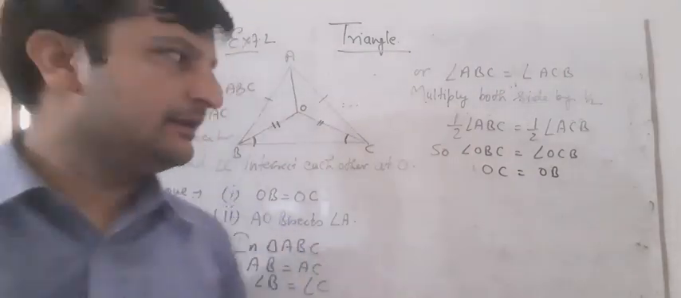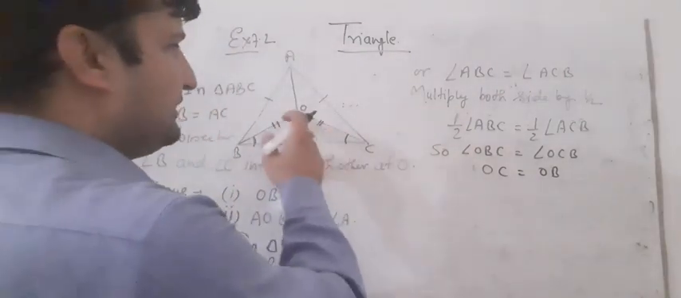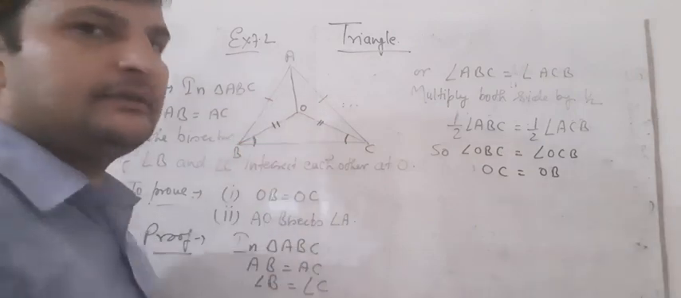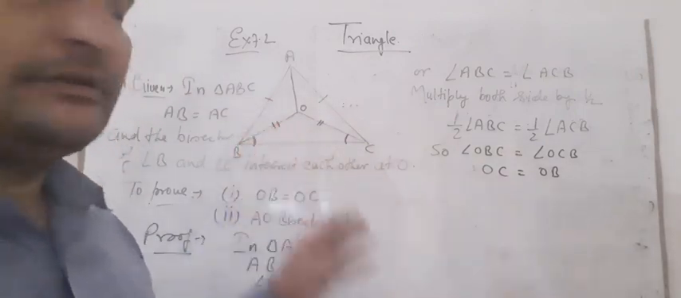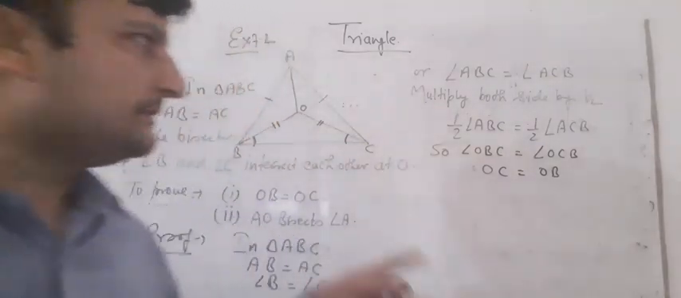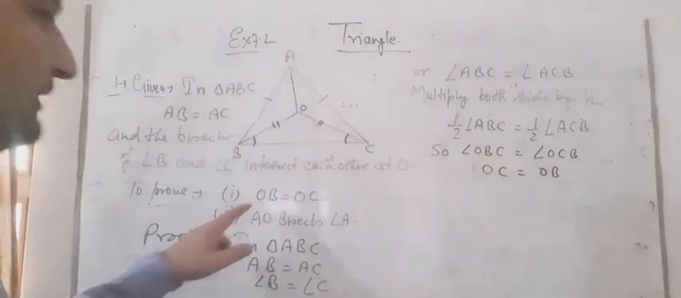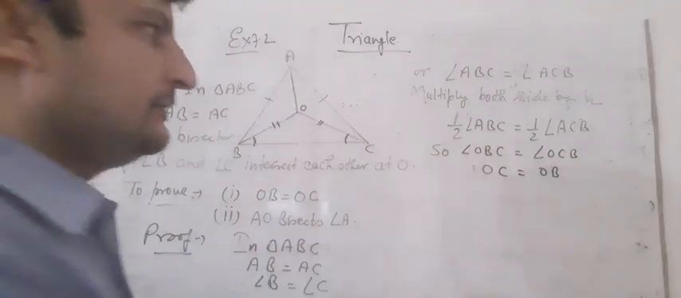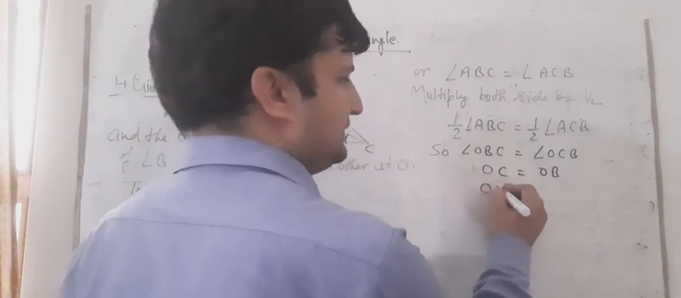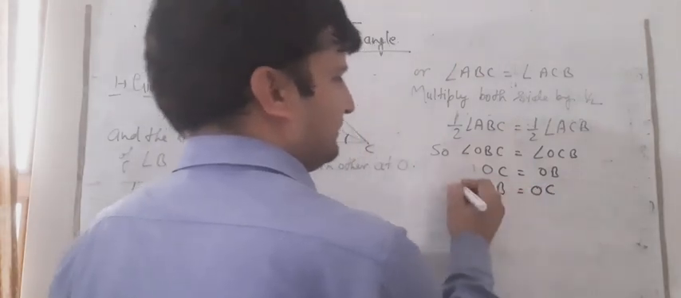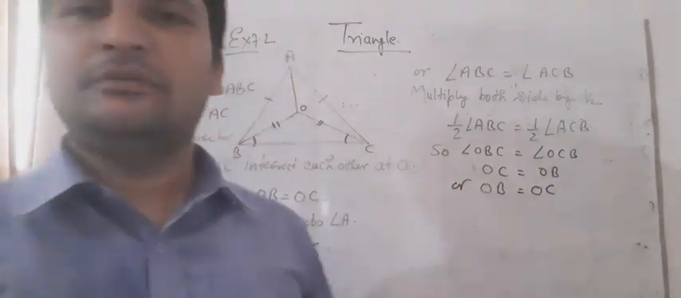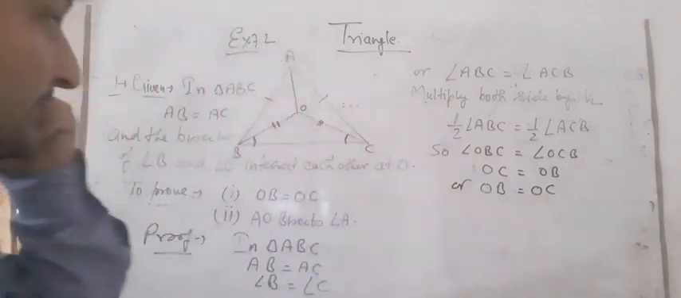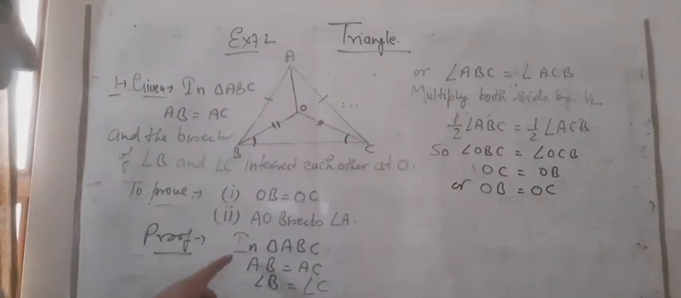Now we have done it that OC is equal to OB, the sides opposite to equal angles are equal. So it means OC is equal to OB. So we have done the first part, we have proved it. So we can write in the last, OB is equal to OC. OC is equal to OB means OB is equal to OC. Both are the same thing. And then after that we have to prove that